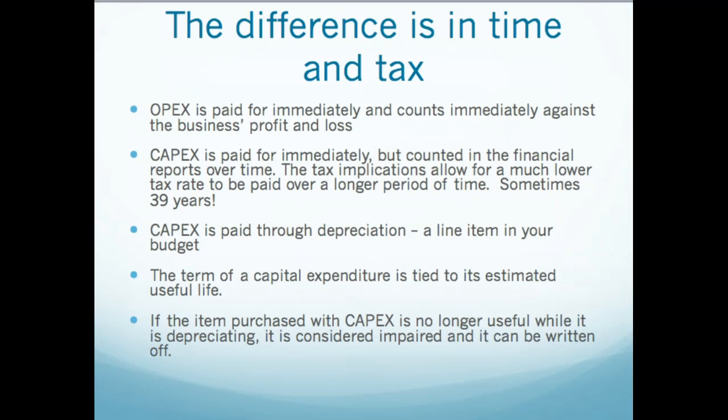The gas that you put in comes out of your normal funds, and you're paying normal income tax rates on the money you use to buy the gas. Whereas at the end of the year, when you do taxes on your capital expenses, you will pay a much lower tax rate, and you will pay it over time. It's paid through something called depreciation. So the asset will depreciate a little bit each year. It's worth less, and each year you can put down what the asset is worth, right, and onto your books.